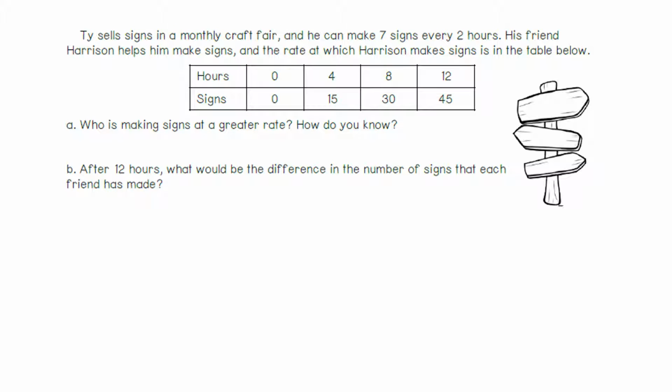Ty sells signs in a monthly craft fair, and he can make 7 signs every 2 hours. His friend Harrison helps him make his signs. The rate at which Harrison makes signs is in the table below. Who is making signs at a greater rate? How do you know? So for Ty, it tells us that he makes 7 signs every 2 hours. So we can set that up as 7 over 2. If we divide 7 divided by 2,